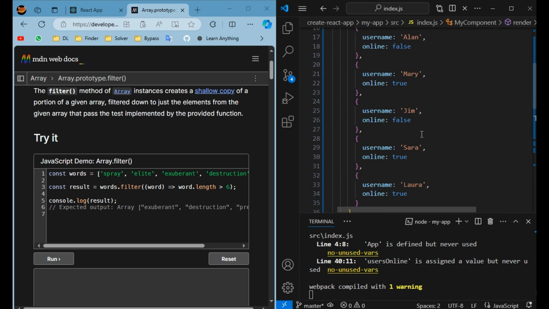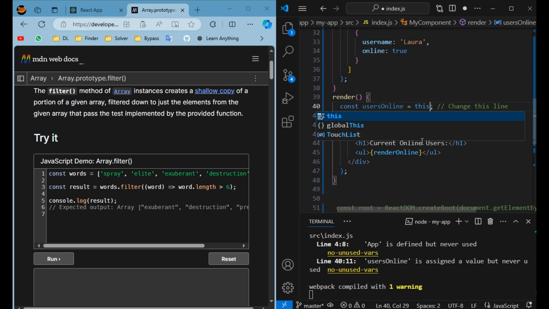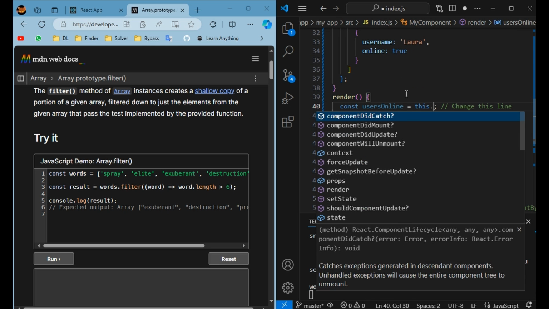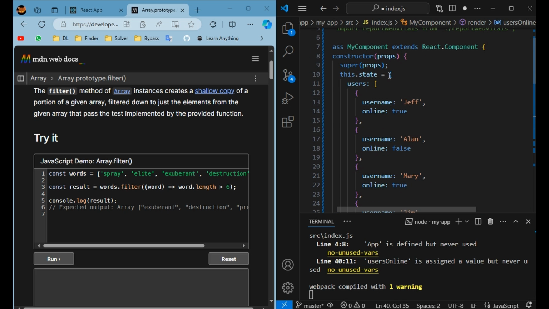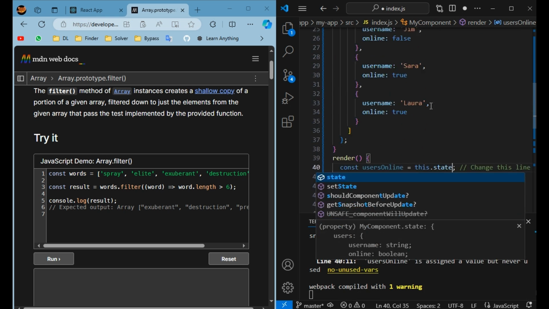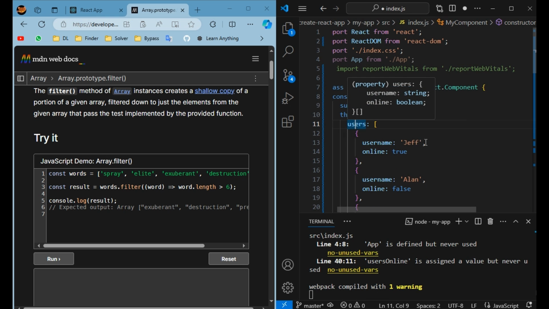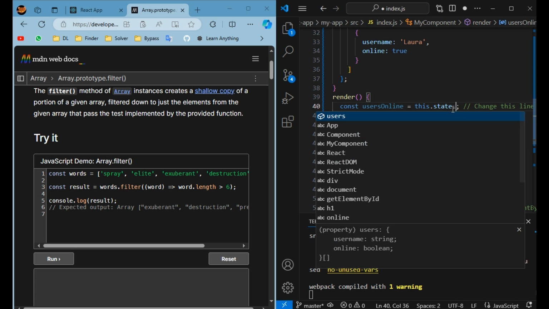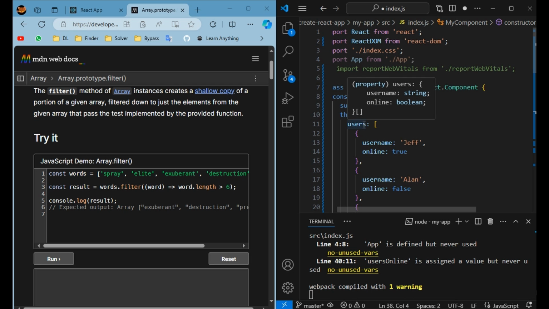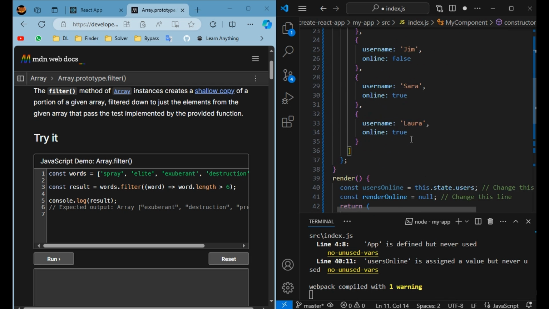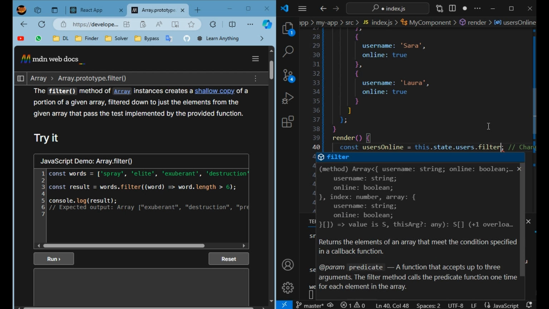So we only use this to point out the dot state, to point out the current state value of the users. This state dot users of the users object, because it's an object, so we are using the dot. And then this is an array, so we just need to pass in the filter function